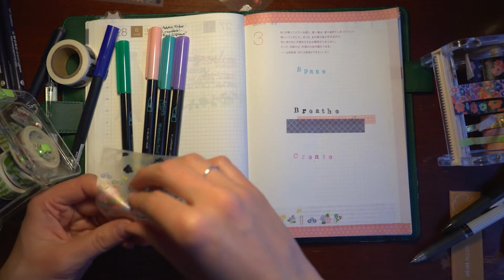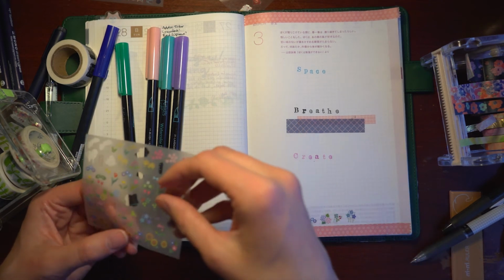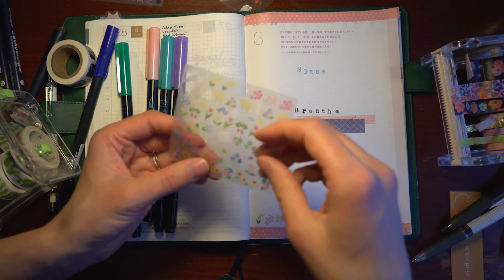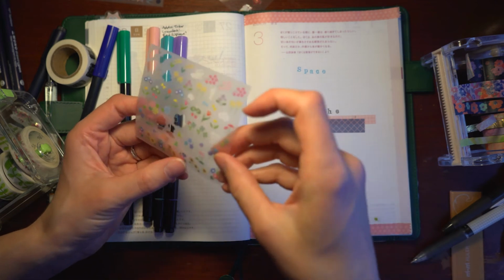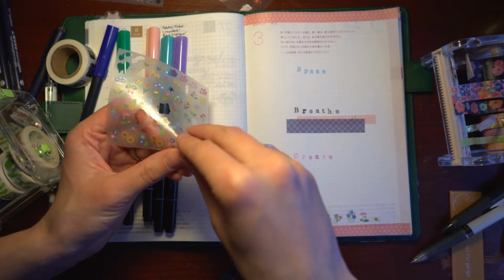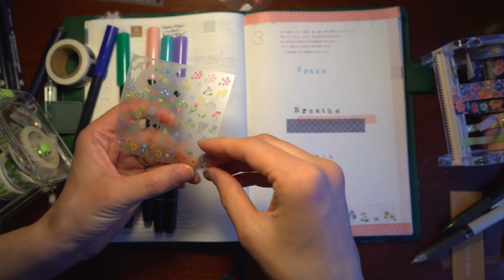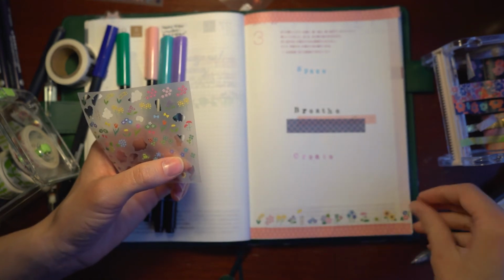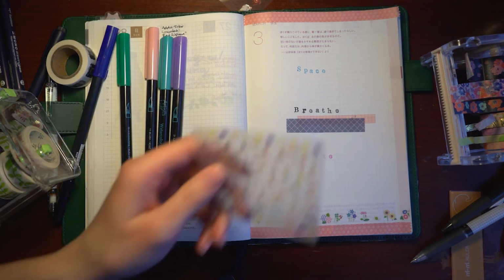Because I am hoping that flowers will start to bloom. And at the very least, they will be blooming in this notebook. Maybe add a little snail. And I know sunflowers are a little bit out of reach, but someday. Someday they'll be back. There's my little flowered bottom. Definitely good with that. I think...